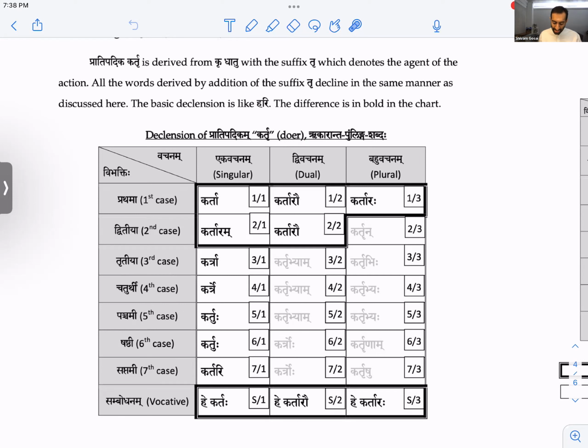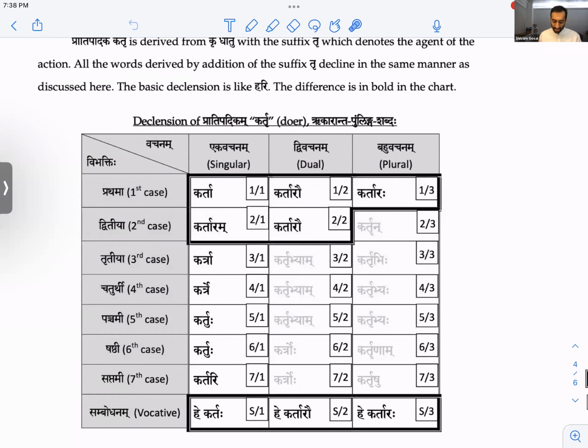Now, it has its own way of declining. I think we have seen all the rules before, but let's quickly chant karta and do one more example so that we get the declension chart. You can repeat after me. This is Kartru Shabda, Rikaranta Pullinga Shabdaha.